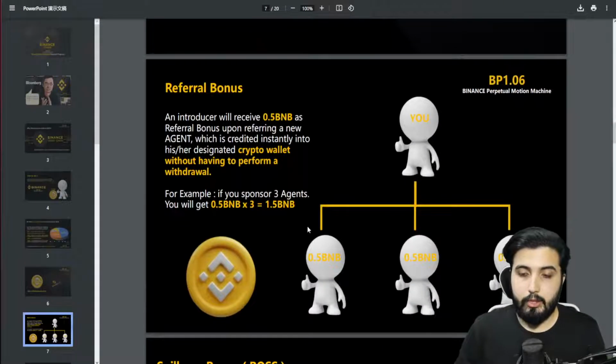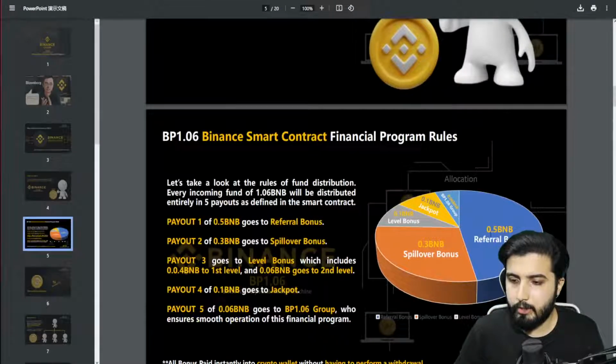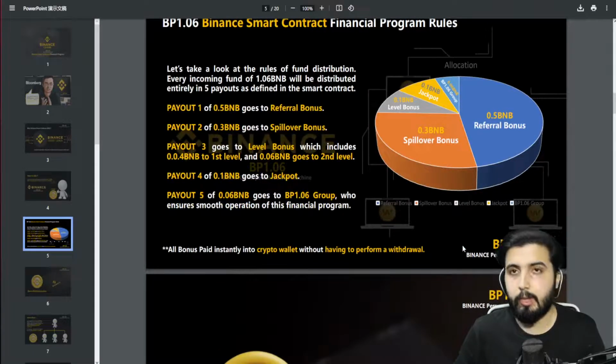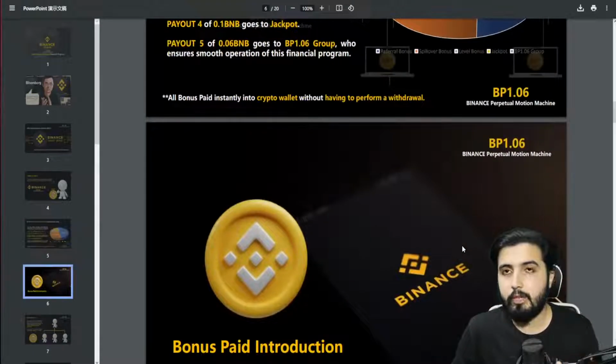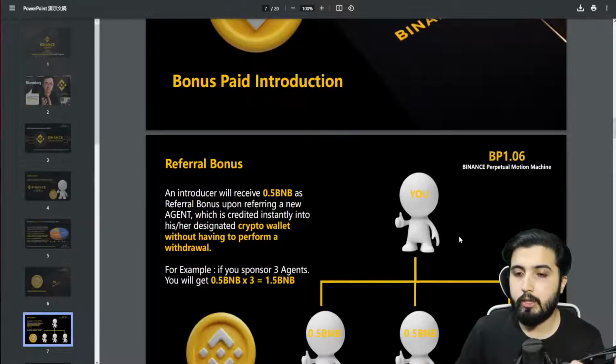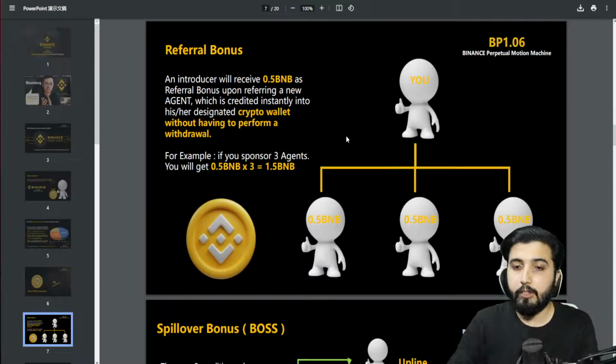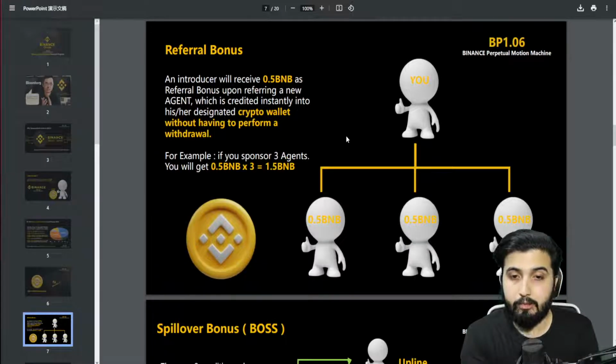Now, the first thing that we are going to discuss is the referral bonus. If in total you talk about it, there's almost 3 bonuses: referral bonus, spillover bonus, level bonus, and then there's jackpot. So we have 3 bonuses and then 1 jackpot. First, we're going to discuss all the 3 bonuses that we have, and then we're going to move forward and talk about the jackpot. So in the referral bonus, it says an introducer will receive 0.5 BNB as referral bonus